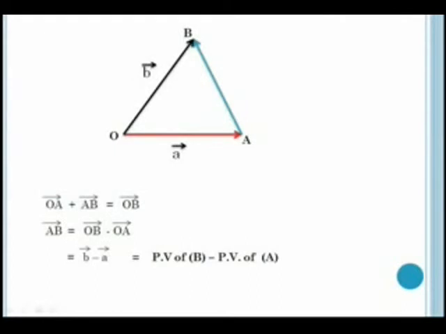Now B is nothing but the position vector of the point B, and similarly A is nothing but the position vector of the point A. So if we have the position vectors of 2 points A and B, then the vector between these 2 points, which is AB, is equal to the position vector of the point B minus the position vector of the point A. So if we want to find the vector AB, then this is equal to the position vector of point B minus the position vector of point A. Similarly, if I want to find the vector BA, then this is equal to the position vector of A minus the position vector of point B. Thus, if we know the position vector of 2 points, then the vector between these 2 points can be known.